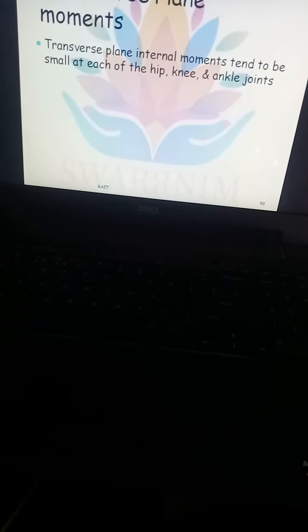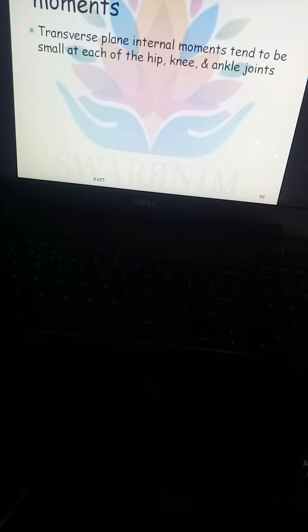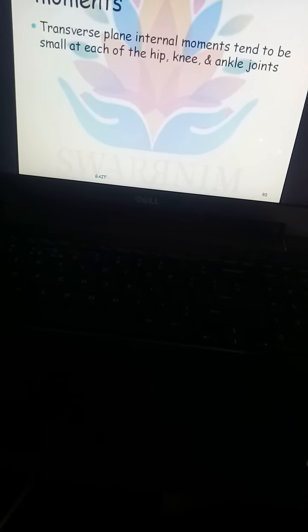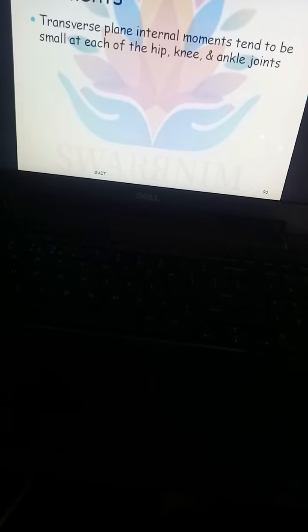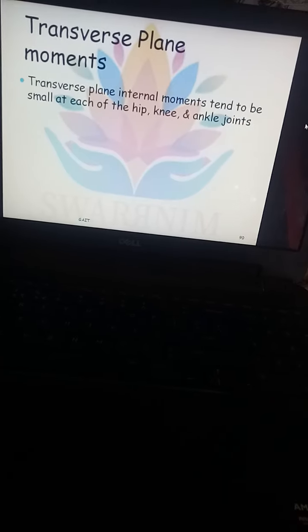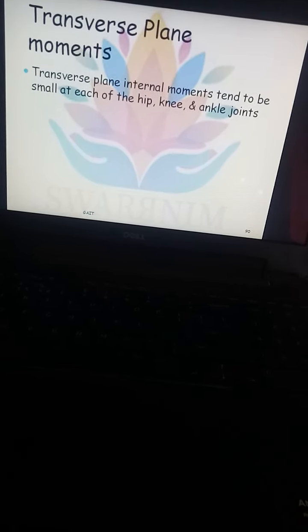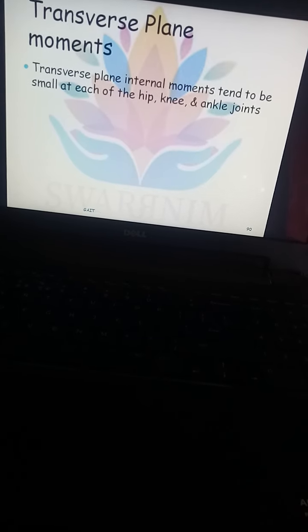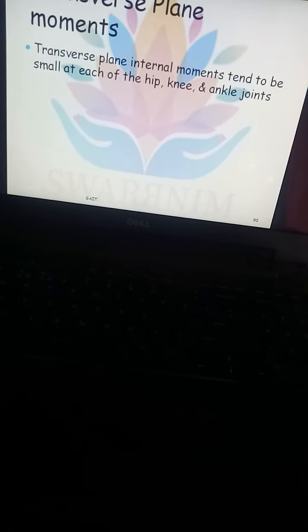So next is transverse plane movement. In transverse plane movement, internal moments tend to be small at each of the hip, knee and ankle joints. So in the transverse plane, it is the internal forces that tend to be small at each of the hip, knee